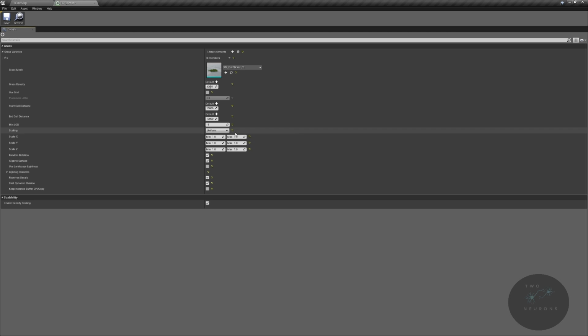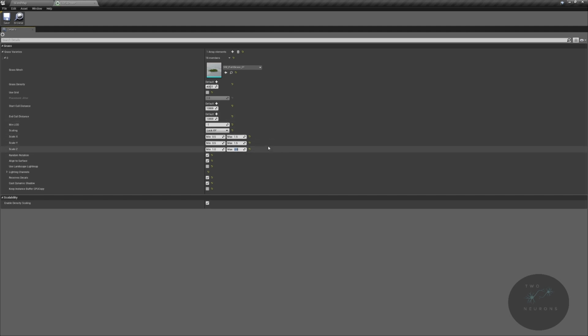this section. Next we have this scaling, and we have uniform right now, which says that everything will change at the same rate. We also have free, which means that all of these are independent, so X can change, Y can change, and Z can change. And then we have lock X and Y, which means that the X and Y will change together. So if this is, say, 0.5 to 1.5, and this is 0.5 to 1.5, and it picks 0.75, all of our X and Y will be 0.75, but our Z, it goes up to 2, can go anywhere between 1